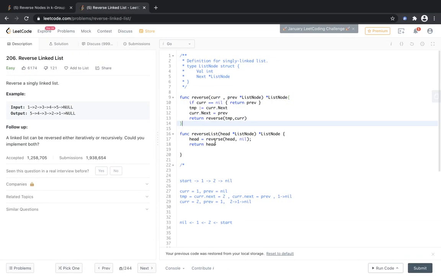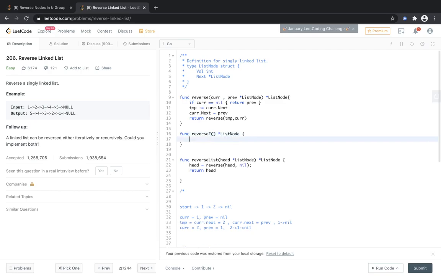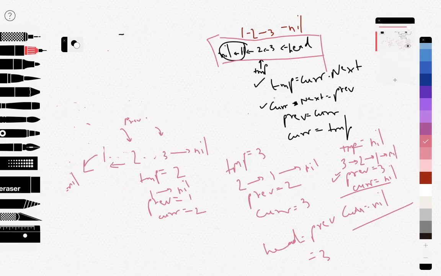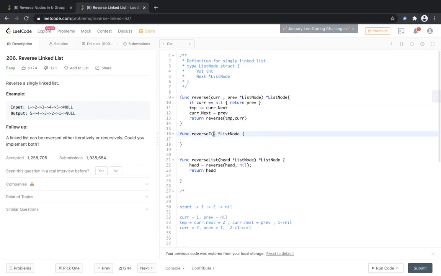So let's just code it up very quickly. Function reverse 2, and again list node. So what are the variables? Temp, which is used in intermediate steps, and current, previous, and head is already given.